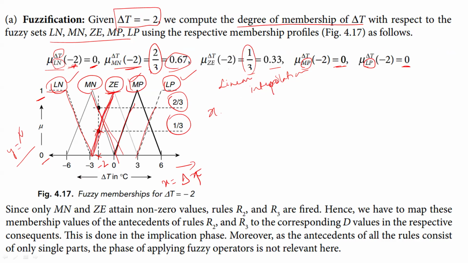You can see this is the ascending part of the slope and this is the descending part of the slope. So one of them meets in the ascending part of ZE and the other one meets in the descending part of MN, right? So one is over here and one is over here. So we need to find the linear interpolation on these slopes, and basically the formula for linear interpolation is given by